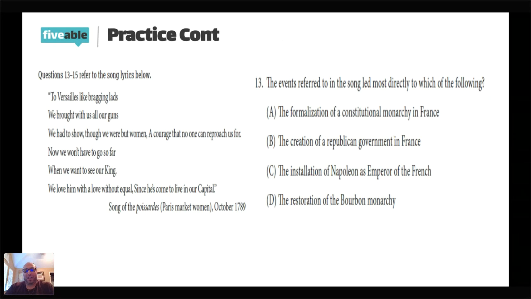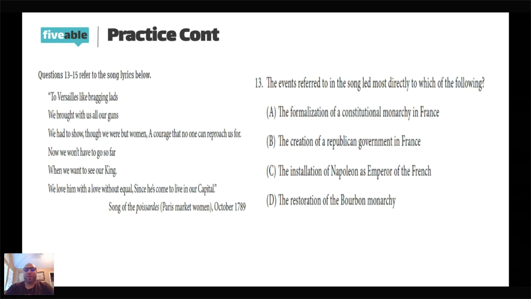But with those right there, people are already answering. A is the one that makes the most sense. Because in that one line right there, when we want to see our king. They're not saying when we want to kill our king, when we want to get rid of our king, when we want to chop the king's head off. No, it's definitely A, because what they're referring to is the move from Versailles to the palace in Paris that starts with a T that I cannot pronounce. Okay? Exactly. They wanted to have more influence on him. And that's what a constitutional monarchy is, right? The monarch is there, doesn't really have power. The people are the ones who have the power. So A is the correct answer here.